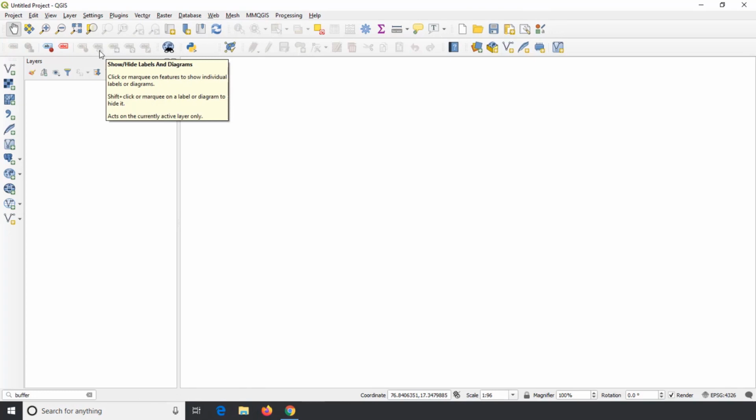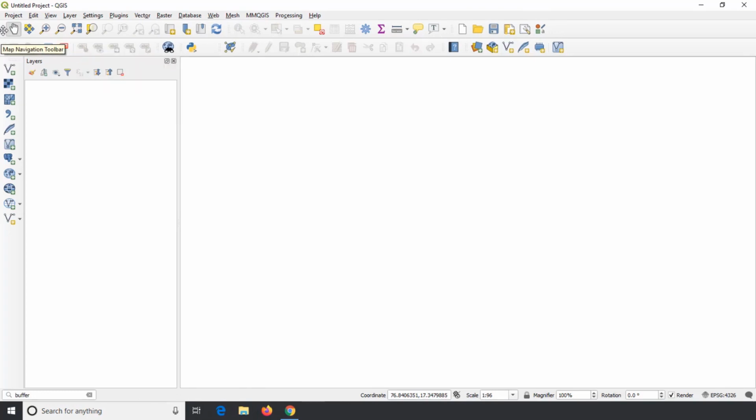To know the name of a toolbar, keep the cursor on top of the vertical dots that are located on the left side of the tool. You can also see that the cursor symbol changes at different locations. When I keep the cursor on the canvas, it looks like a human hand. When I keep it on the layer panel and on the toolbar, it looks like an arrow. If I keep this on the vertical dots of the toolbar, it changes to a plus arrow. It indicates that the working mode of the cursor changes at different places.